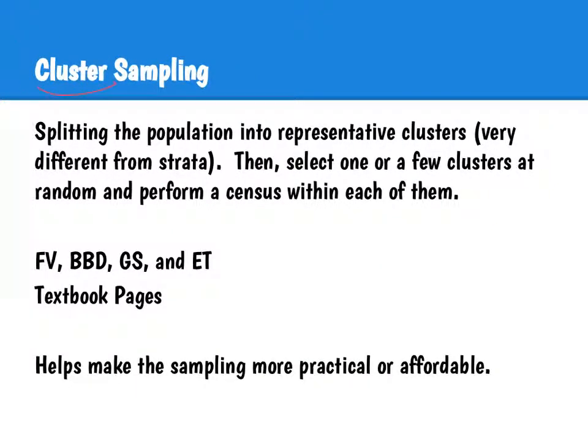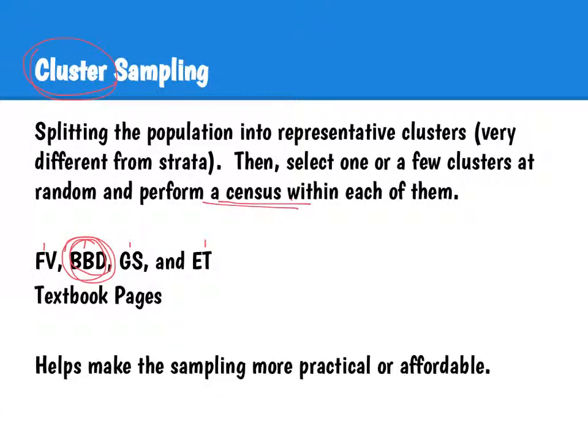All right, cluster. When you split the population into clusters, which are not the same as strata, clusters have a variety, a representative population within them. So it's not like you're dividing them by some key feature like males and females, which are very distinct. It'd be like splitting into the 4 houses. But instead of getting a few from each house, we're going to randomly pick one of the houses. So, hey, I randomly picked BBD. Okay, and then I'm going to perform a census within that group.